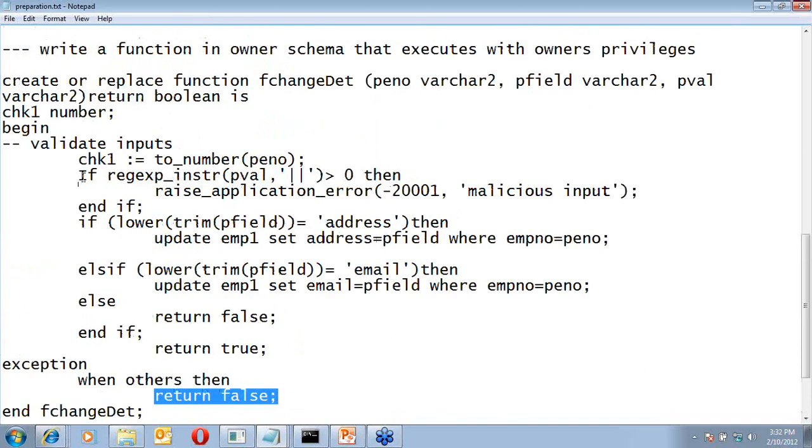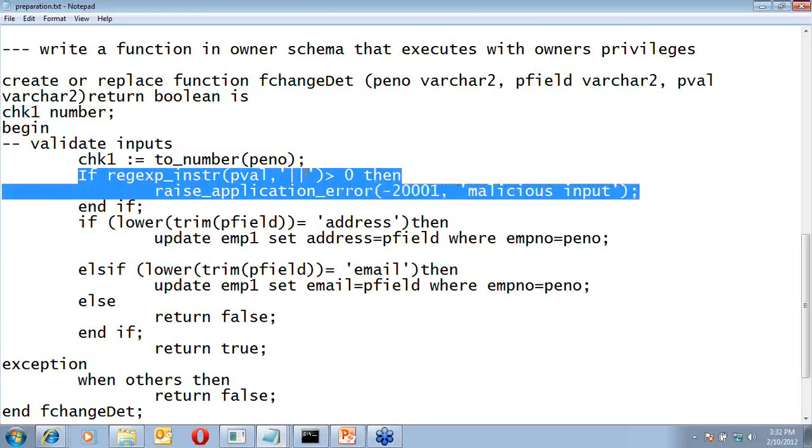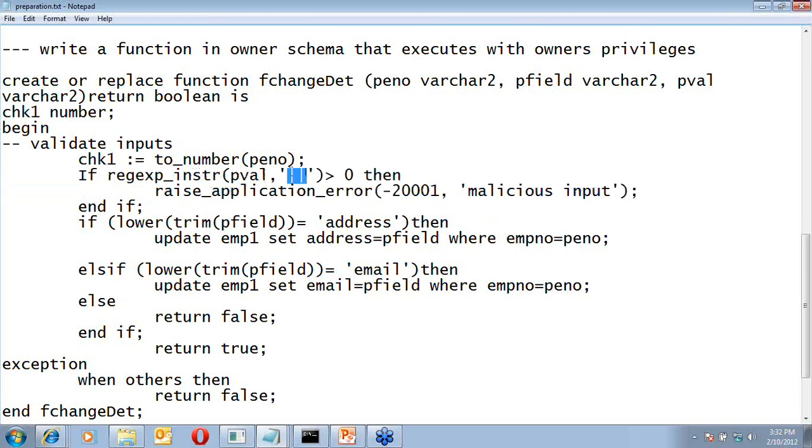The second validation is again very simple, very trivial. It is checking this P val field, which is supposed to be the new address or new mail ID. Now suppose again an SQL injection attack is being posed. Then here is one very simple example. This being Oracle code, the concatenation operator is the double vertical bar.